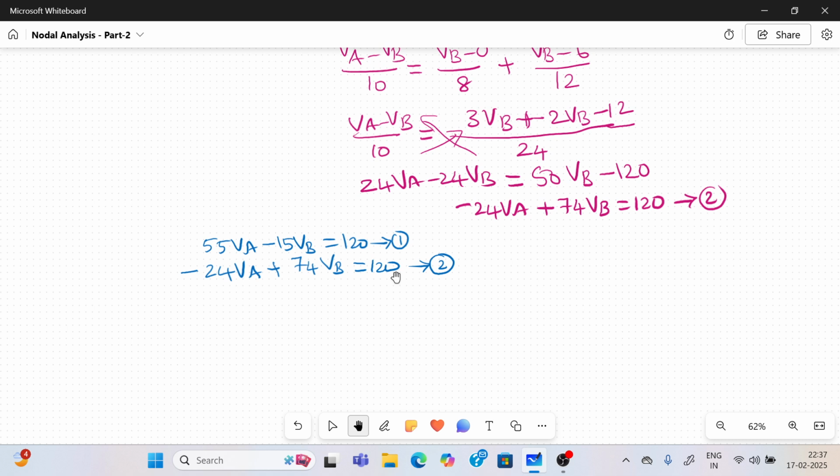Next equation is minus 24, plus 74, 120. So here the voltage V1 is nothing but, not V1, VA, right? VA is nothing but 2.88 volts. VB is 2.56